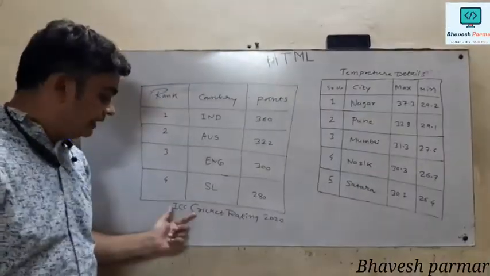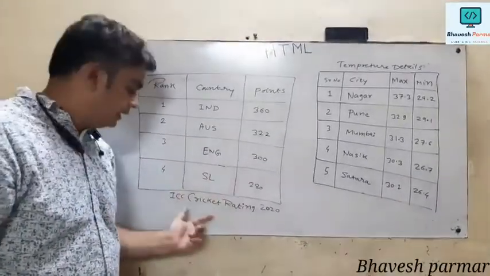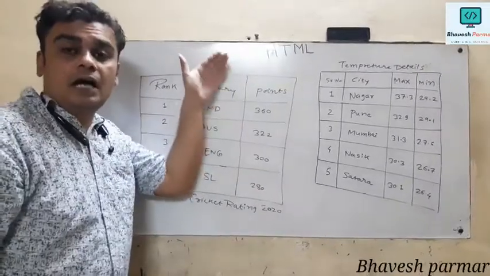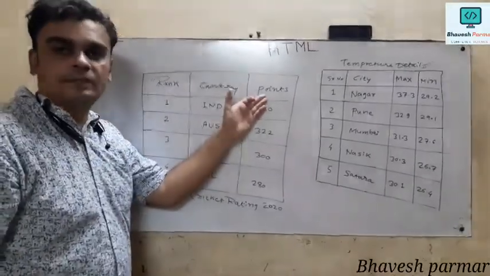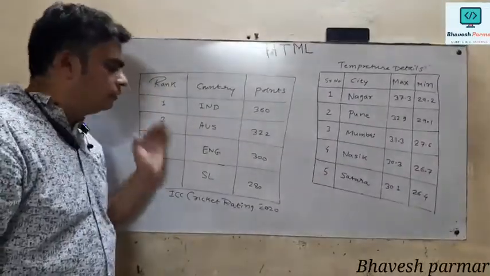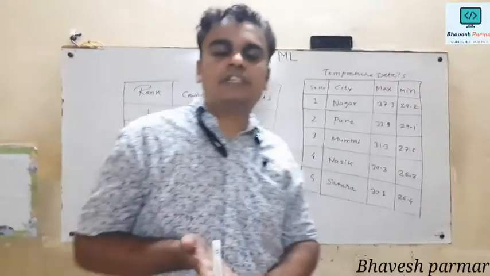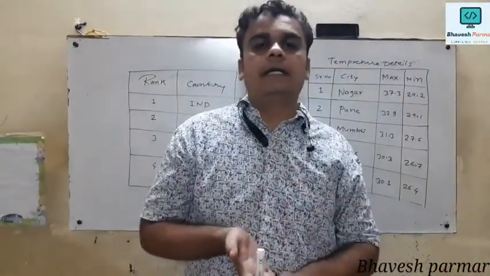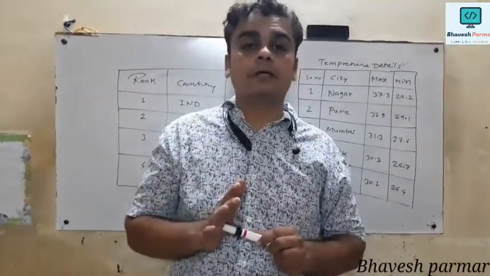In this case I have to use caption align is equal to bottom, and then write this text. It will display after completing your table. There are 3 separate columns here. You have to write both of these table programs by using th, td, and tr tags. In this way you have to complete both of these table programs.